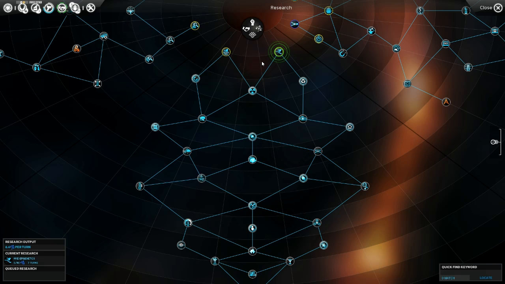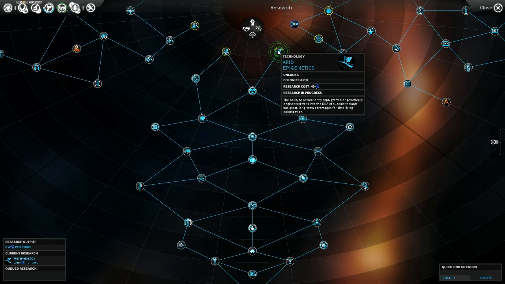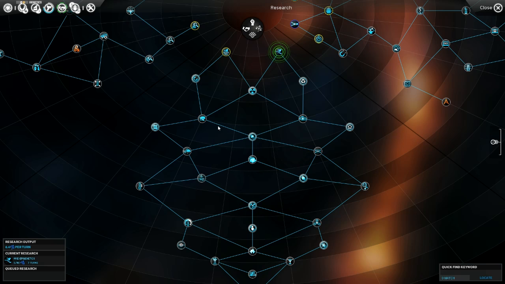What I really like about this game is that it doesn't dumb down the kind of technology that you come across. Like, they could just call this Colonize Arid. They don't have to call it Arid Epigenetics. But instead, they don't treat their users like the users are idiots. Like, if you go down to this later stuff,